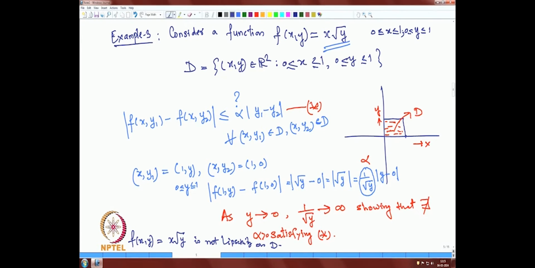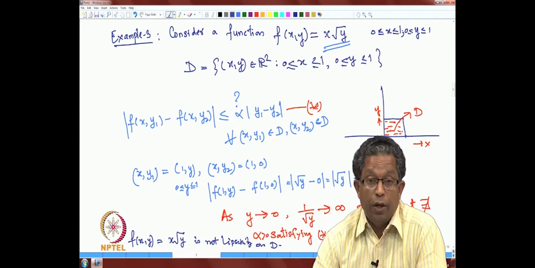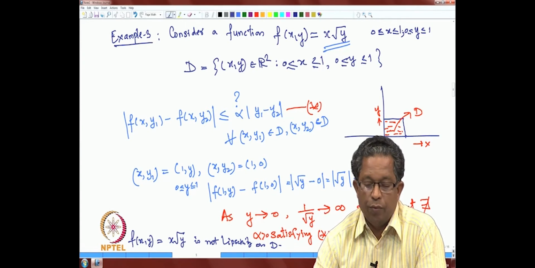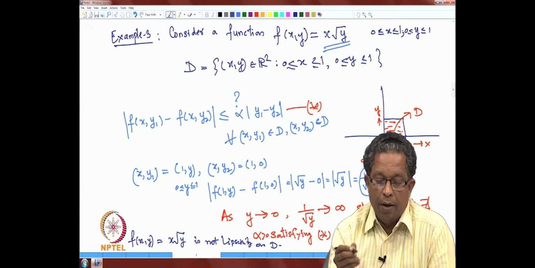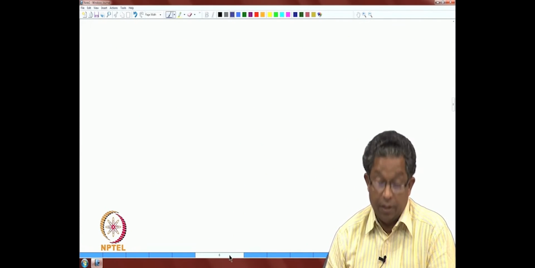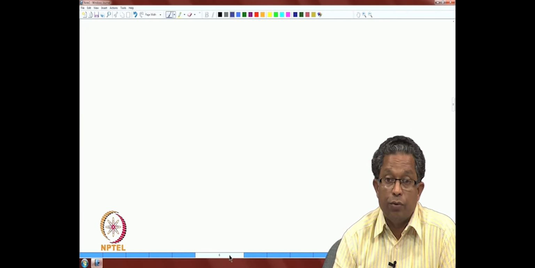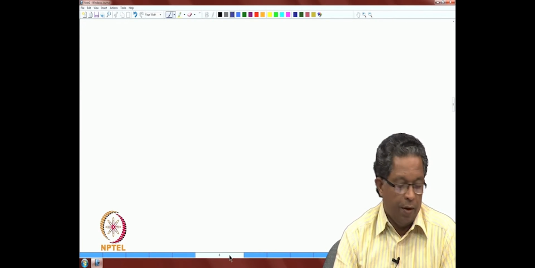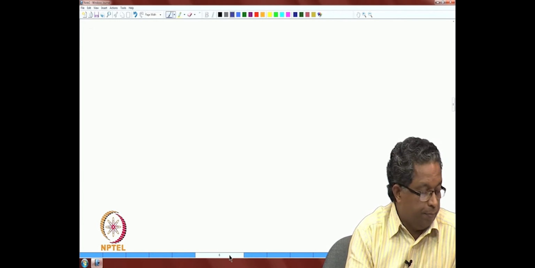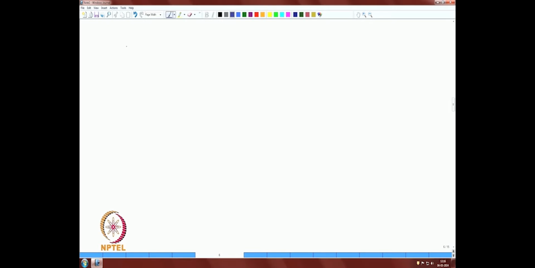Therefore, always checking Lipschitz continuity by this method may not be that straightforward. Now, as in the case of one variable, there are sufficient conditions which ensure the Lipschitz continuity of a function of two variables. So, now I will state a theorem that guarantees the Lipschitz continuity of a function of two variables with respect to y. So, the theorem, a sufficient condition